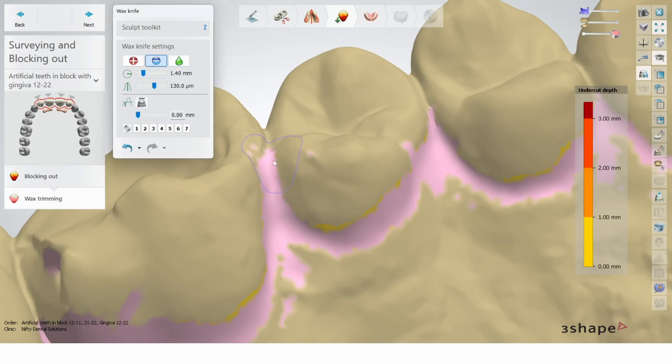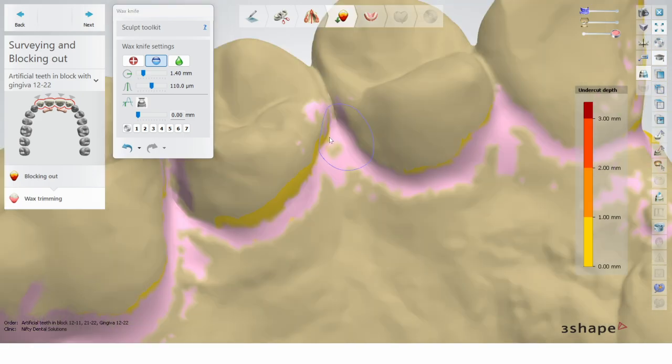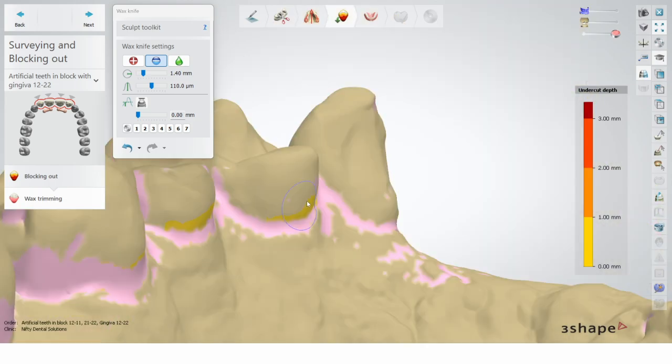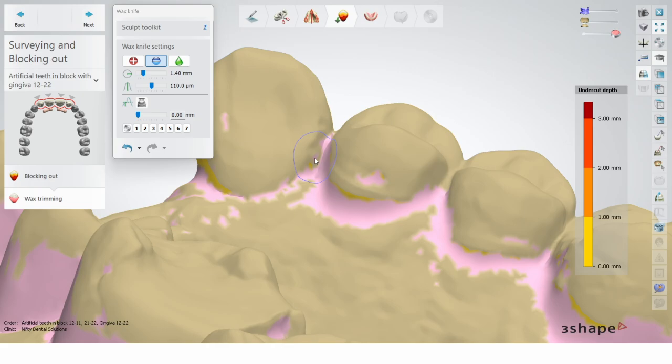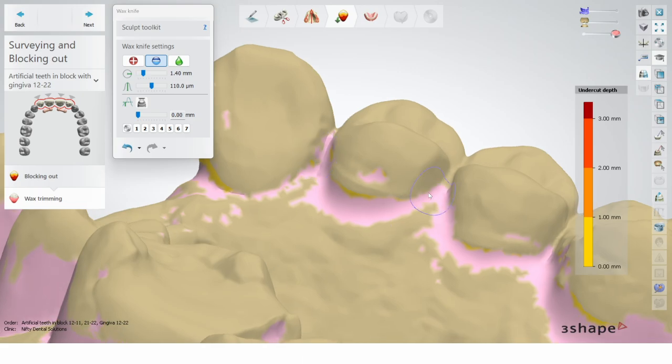So what I'm going to do is unveil a little bit of the color. I can see it's nearly close to the gingiva, so it's not a big problem. Obviously, if it was a bigger undercut, you would probably want to work a little more with the wax, but for this case, it's quite easy.